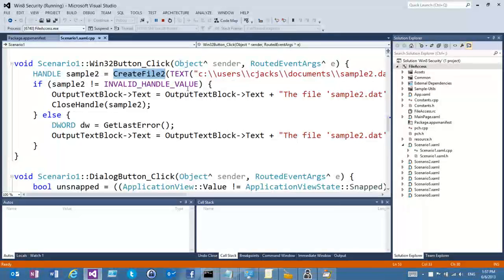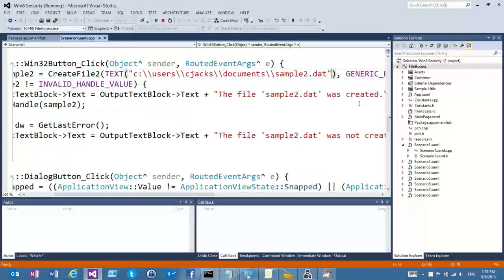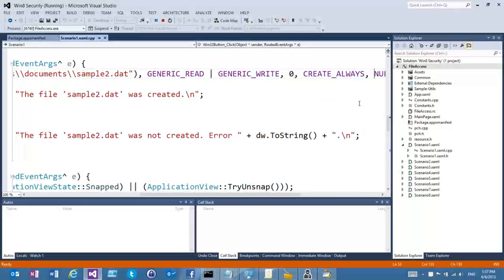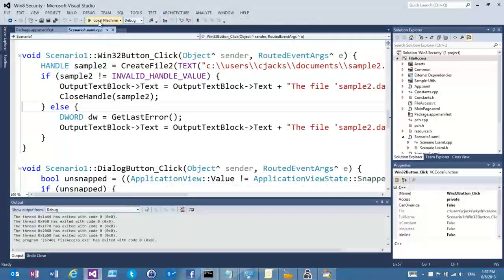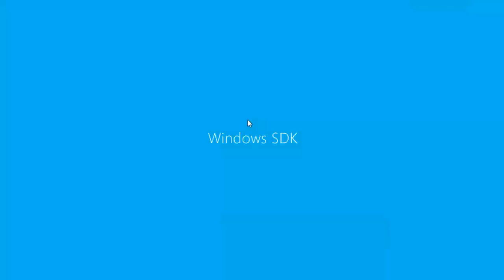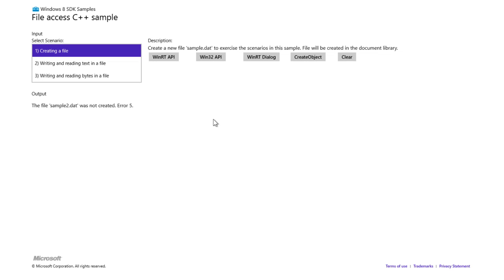So what happens if I were just using a legacy Win32 API to write something? You just stick it in My Documents, this beautiful hard-coded path. The app compat guy would hate this. And just say, here's what I want to do to open it, all the old Win32 goodness. And if I don't have a thing, create an error, blah, blah, blah. This is the old way of writing an app. What happens if I click on that button? And it's going to get an error.